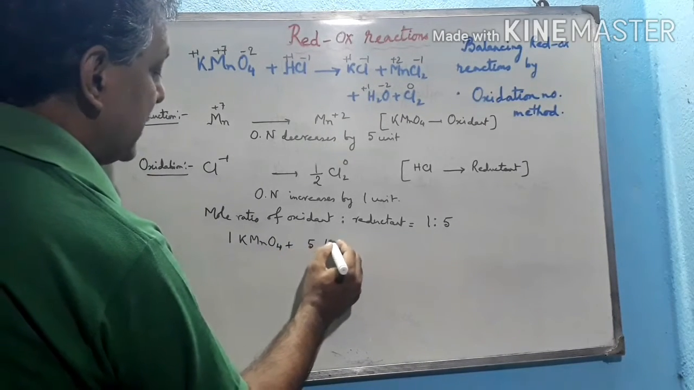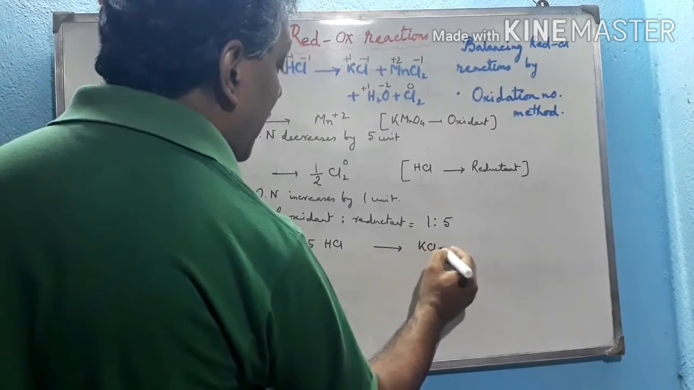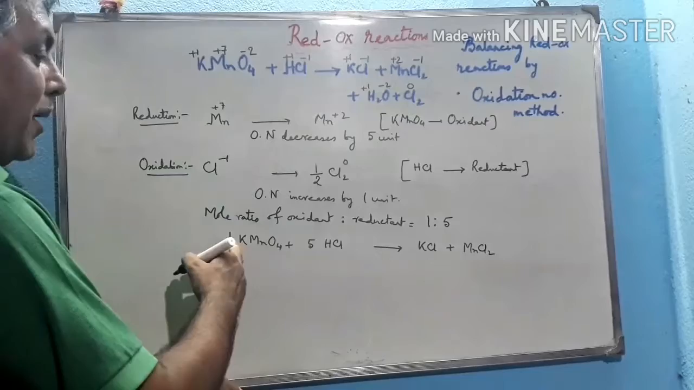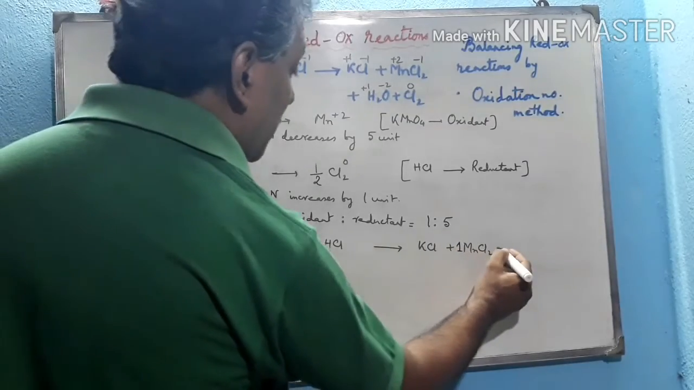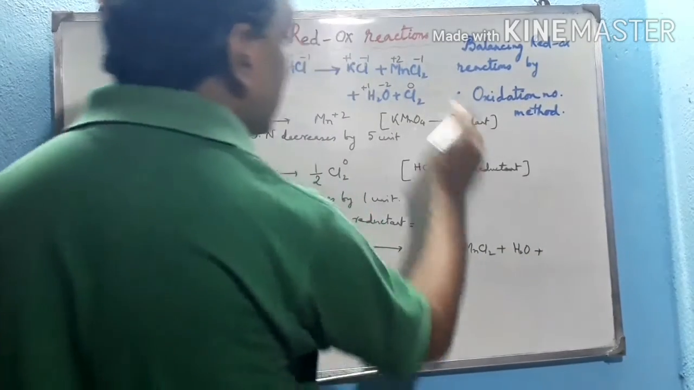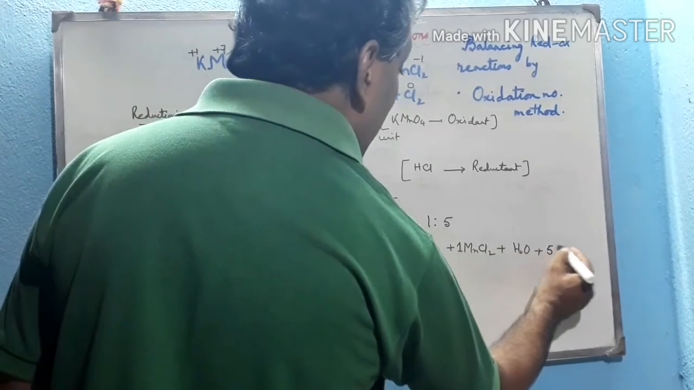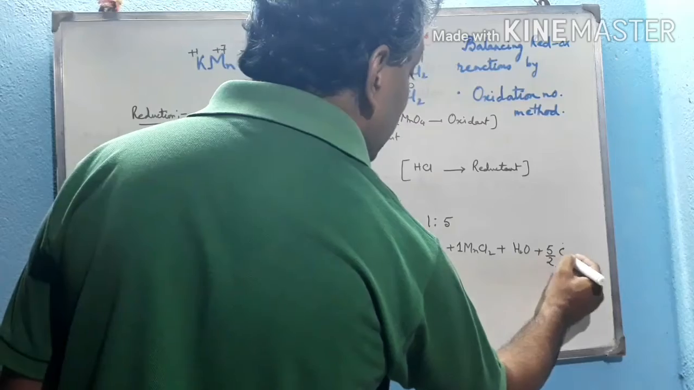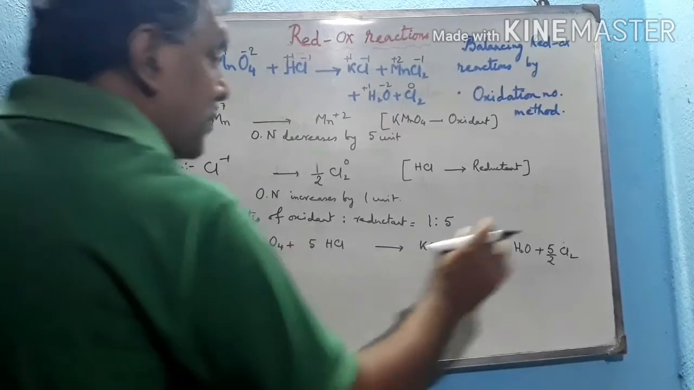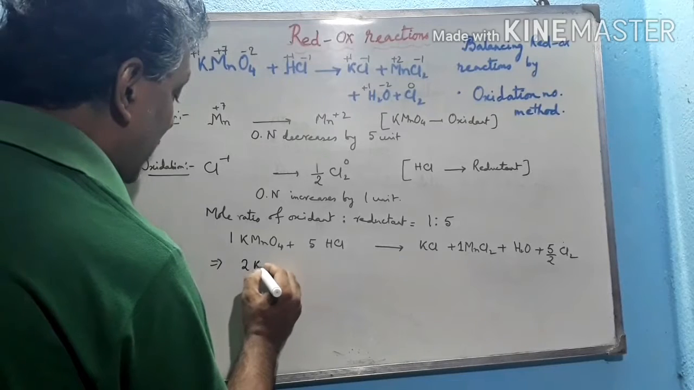plus 5 HCl arrow KCl, which remains unbalanced till now, MnCl2, because it is multiplied by 1, so it is also multiplied by 1, plus H2O, which remains unbalanced now, plus Cl2, it is half Cl2 now, multiplied by 5, so 5 half Cl2 means 5 by 2 Cl2. This is the equation. Now multiplying both sides by 2 because it is a fractional number, 5 by 2, so it becomes 2KMnO4